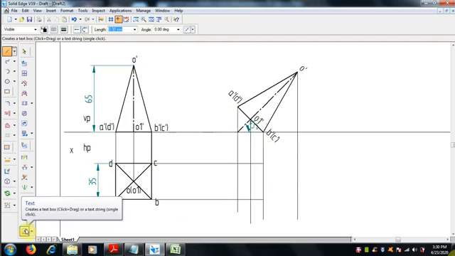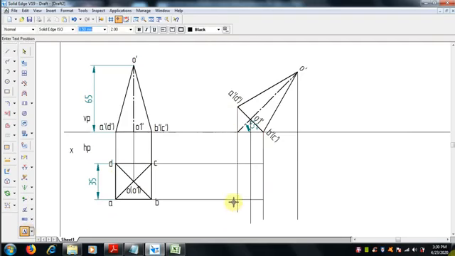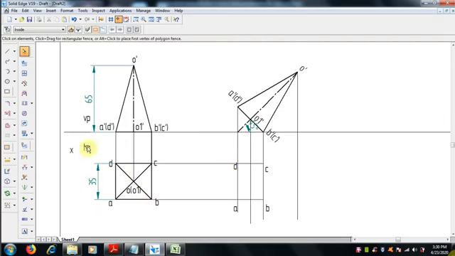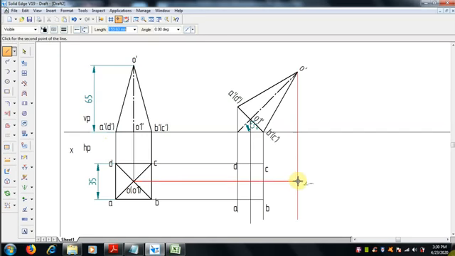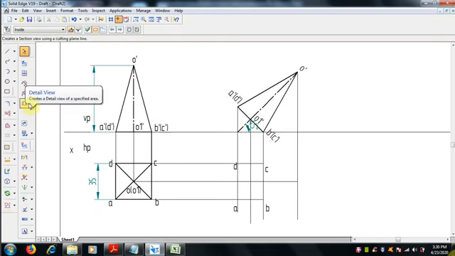Now all the points are over. The apex is there. I mentioned the names for the intersection ABCD, which is the base of the pyramid. After inclination, the base will be like this only. Join apex O2, here O dash, with the help of the line command.